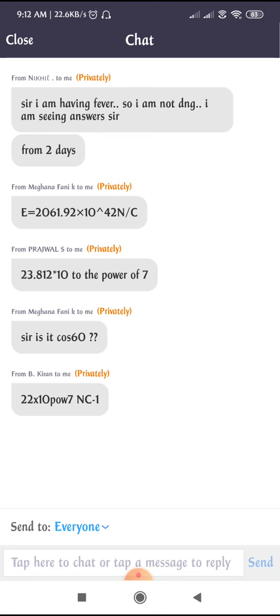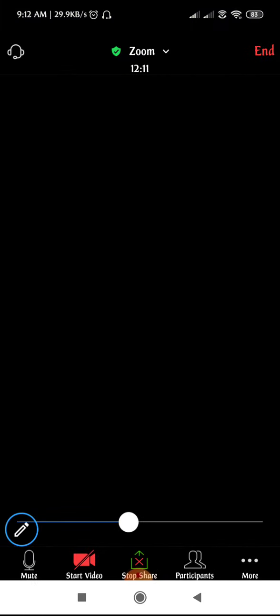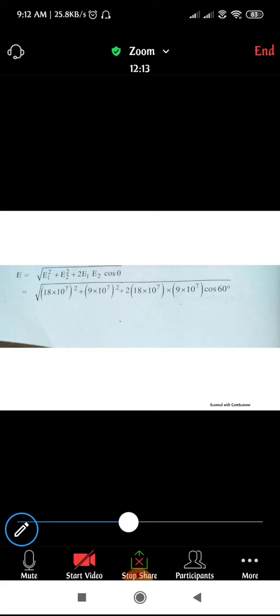Yeah, Meghana, the value of cos theta is nothing but square root 3 by 2, right? So theta comes out to be 60 degree. So just substitute the value of theta as 60 degree there. So cos 60 degree, how much? Take it and calculate. Yes, Harshita, you said 45,684. Okay, fine. So here you can see the next step on the screen.